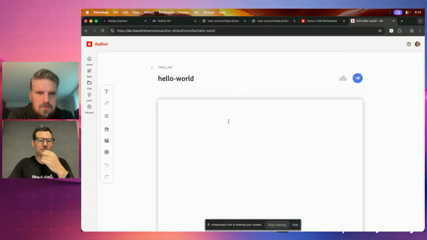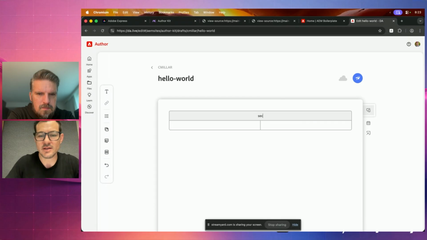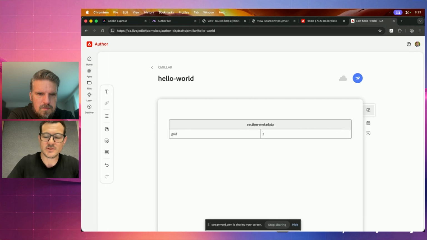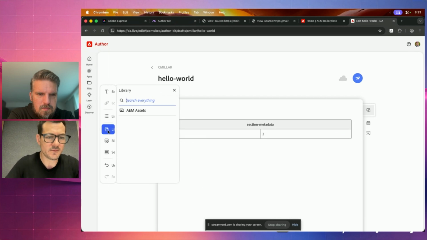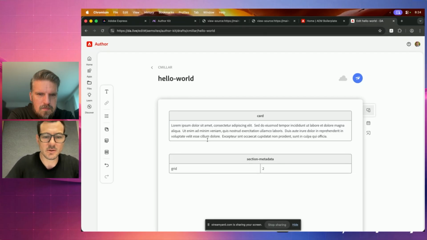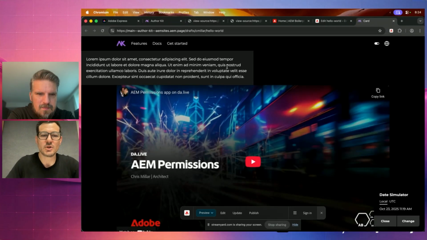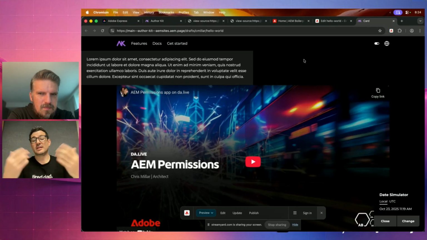And so a great example of this is I might want to have some text next to a video. So I might do something like maybe I even add section metadata, and I have like a grid, and I say 2. And then maybe I have some like a card here. I don't know if I have actual, I'll throw in a card real quick. So we'll throw in a card, maybe merge these cells, do some lorem ipsum here, and then I can throw in my YouTube video. And so we can even probably preview this. So let's actually preview this. And so you can see that we'll start to lay out, and I missed, and this is actually part of the gig, right? Is you might have some,